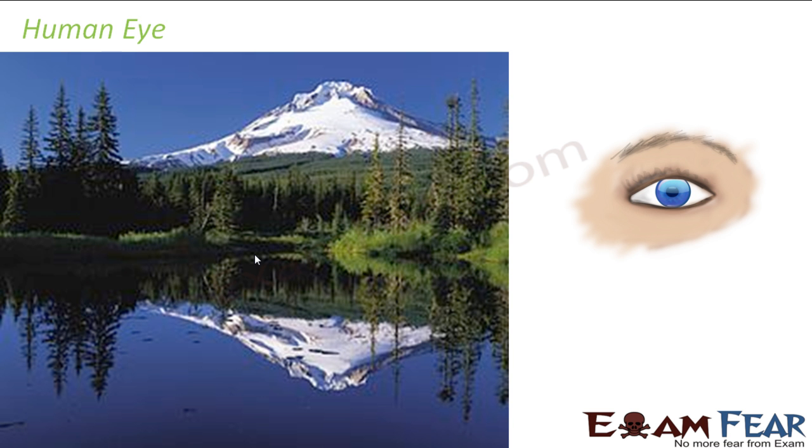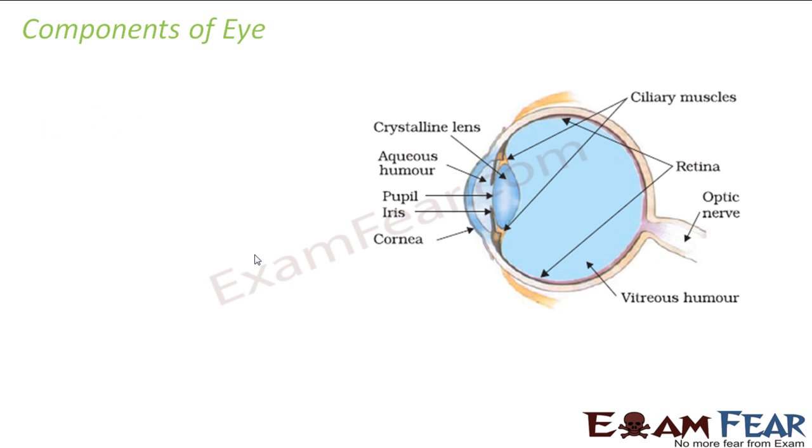view things around us. As we all know, the human eye is a beautiful gift of nature which enables us to see the things around us. The interesting thing here is to find out how the eye functions. How does it enable us to see things? In order to know that, first of all, let us try to see the different components of the eye. What are the various parts present in the eye? So let us first look at the structure of the eye.